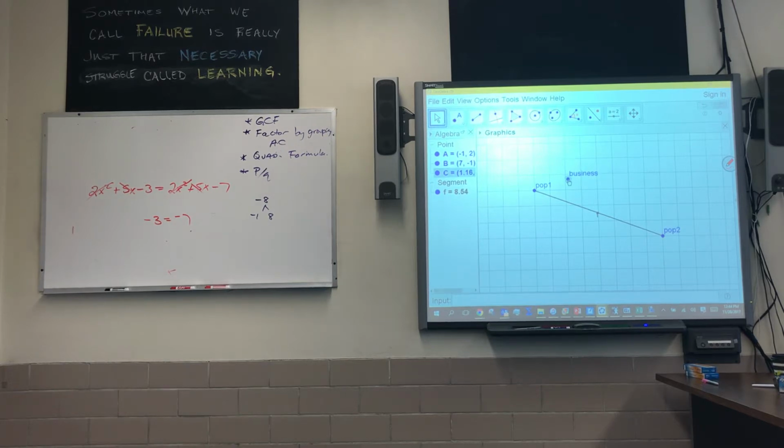If I want the distance from population 1 and population 2 to be the same, obviously I put it at the midpoint. Let's say that's the midpoint there. If I put it at the midpoint, that is the shortest possible distance that either population would have to travel. Does that make sense? But let's say that as a business owner, I'm putting it into an already established community or city, and there's something there already. I can't put my business there. Let's put a lake there. So if there's a lake there,